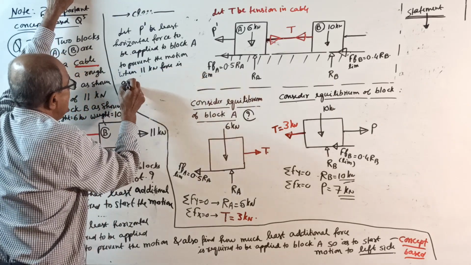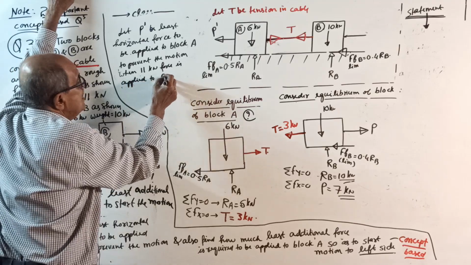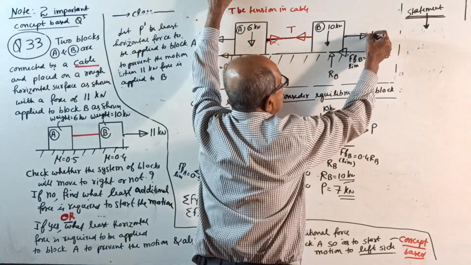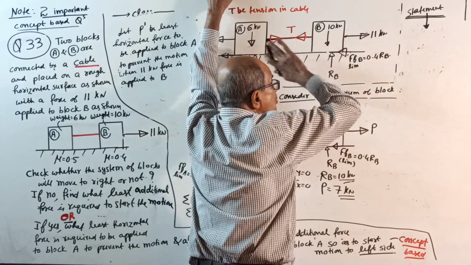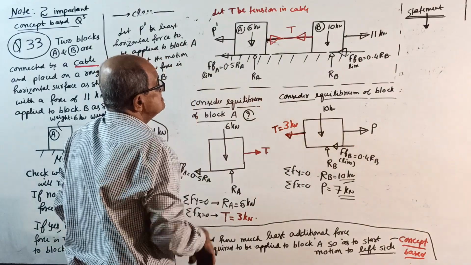is applied to block B, which is actually moving to the right side. How much is it? 11 kilonewton. So this 11 will move to the right side. To prevent it, you require a force this way, P dash. Okay, now